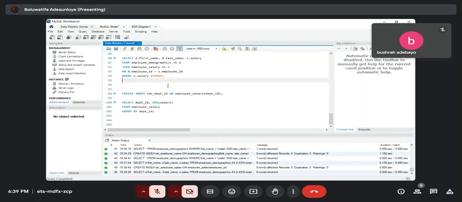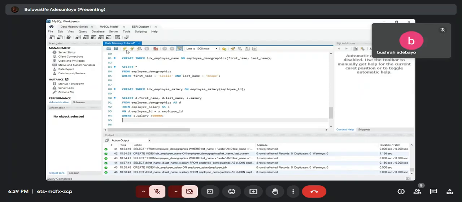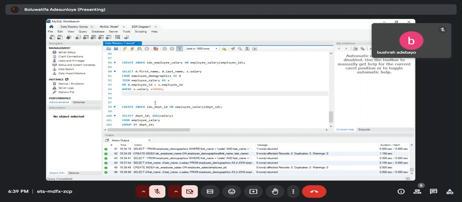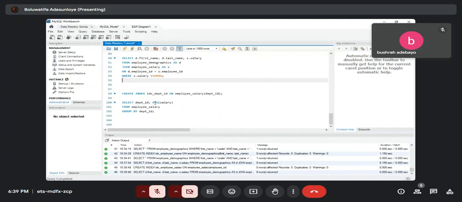Now, this is the second example. You can use an index again for filtering. You can use it in joins. That's what I just did now. You can also use it, sorry, give me a minute. We can also use it in